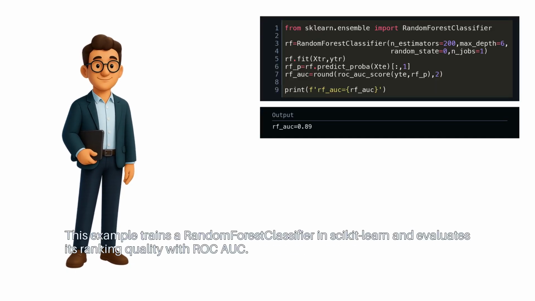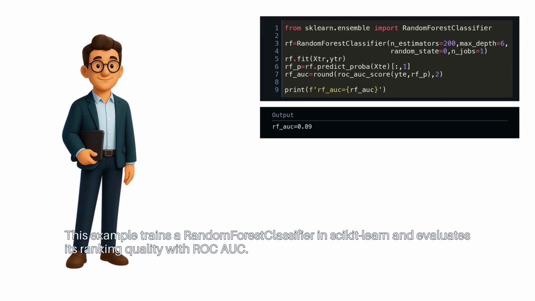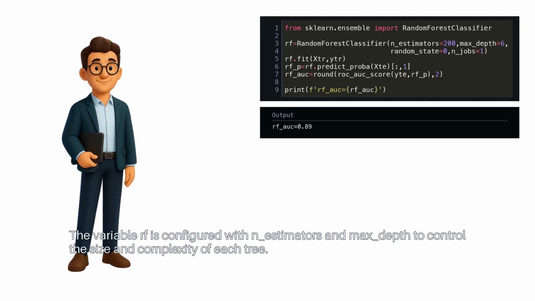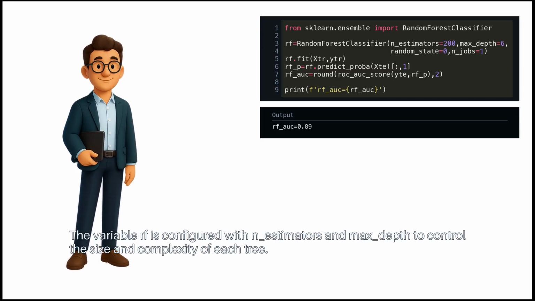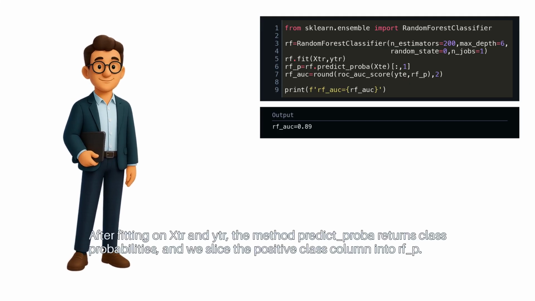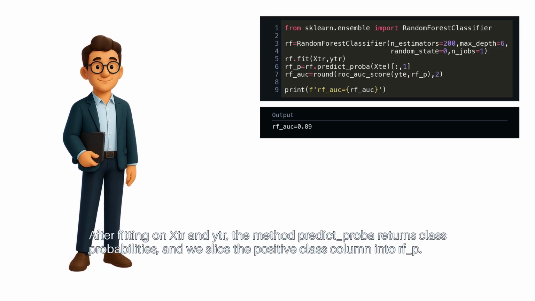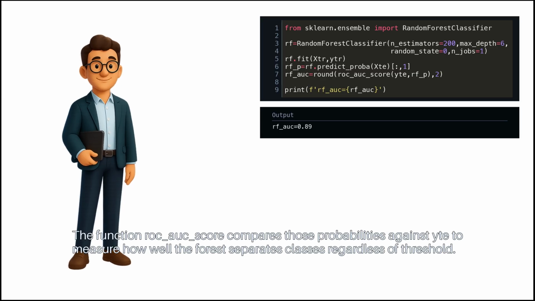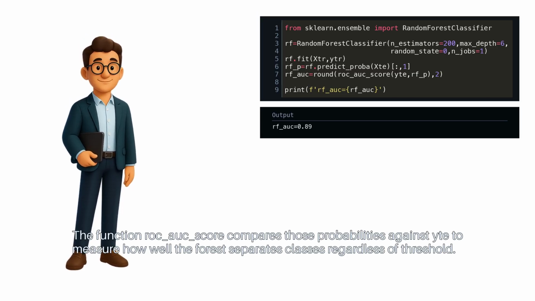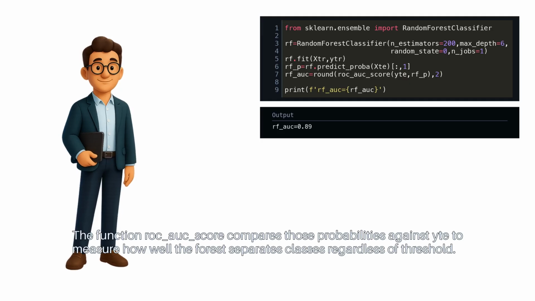This example trains a random forest classifier in scikit-learn and evaluates its ranking quality with ROC AUC. The variable rf is configured with n_estimators and max_depth to control the size and complexity of each tree. After fitting on X_train and y_train, the method predict_proba returns class probabilities, and we slice the positive class column into rf_p. The function roc_auc_score compares those probabilities against y_test to measure how well the forest separates classes, regardless